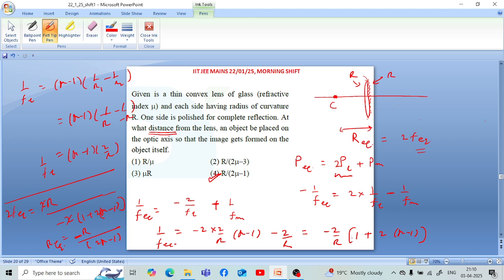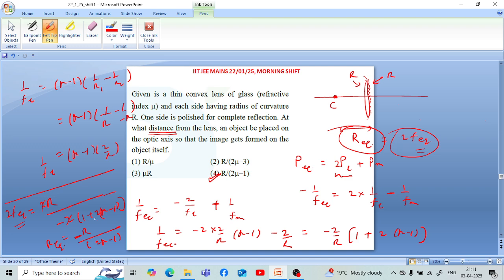इस तरह से फिर हम जो कॉमन क्वांटिटीज़ हैं -2 अपॉन आर को हम कॉमन ले लेंगे, और कॉमन लेने के बाद ब्रैकेट में हमारा जाएगा 1 प्लस 2 म्यू -1। ये वैल्यू है 1 अपॉन एफ इक्विवेलेंट की, यानी कि एफ इक्विवेलेंट अगर इसका रेसिप्रोकल दोनों साइड का हम ले लें तो हो जाएगा 2 एफ इक्विवेलेंट इक्वल्स टू आर अपॉन -2 ब्रैकेट 1 प्लस 2 टाइम्स म्यू -1। दोनों साइड हम 2 मल्टीप्लाई कर देंगे क्योंकि हम 2 एफ इक्विवेलेंट निकालना चाहते हैं, हम बेसिकली आर इक्विवेलेंट निकालना चाहते हैं जो बराबर 2 एफ इक्विवेलेंट के है, तो इसलिए हम दोनों साइड्स 2 से मल्टीप्लाई करेंगे।